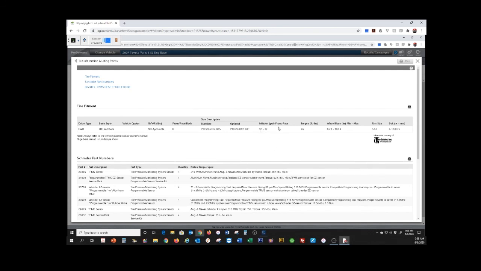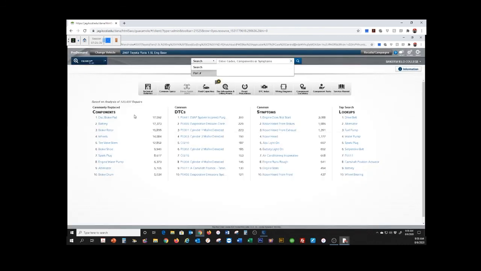If the tire placard inside the driver's door is not present, it's been removed or damaged and you can't read it, then you can go with this system. But always go with what's on the car first, because it may not be accurate information in here, as we've discussed already. So going back out of this, here you have the components: disc brake and pad, battery, brake rotor,